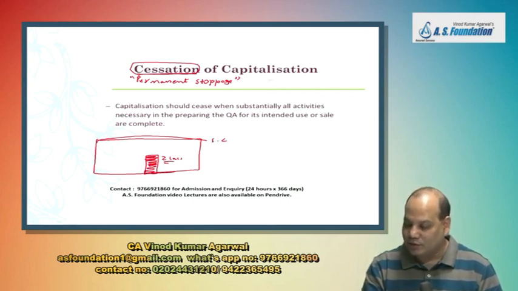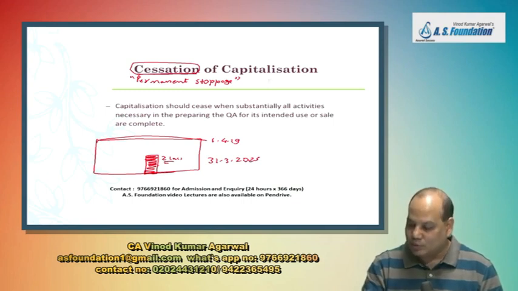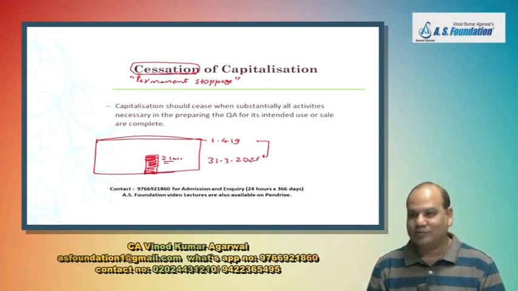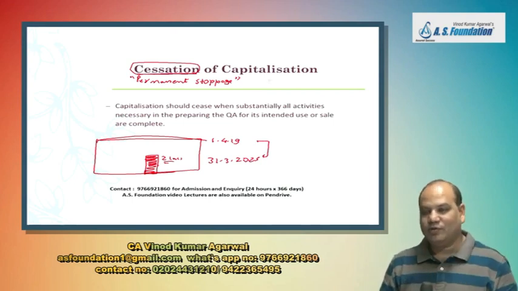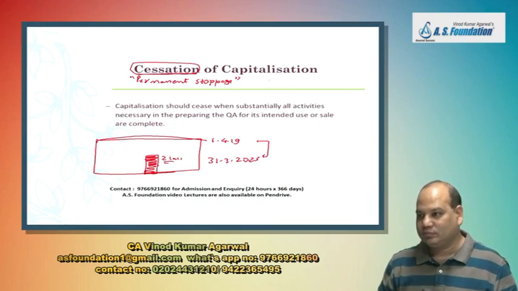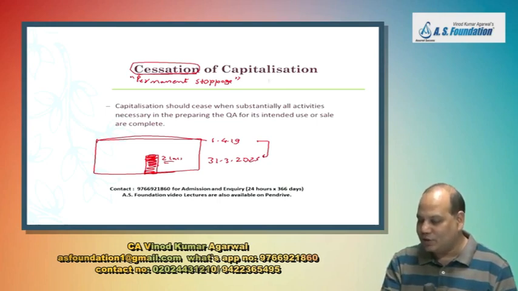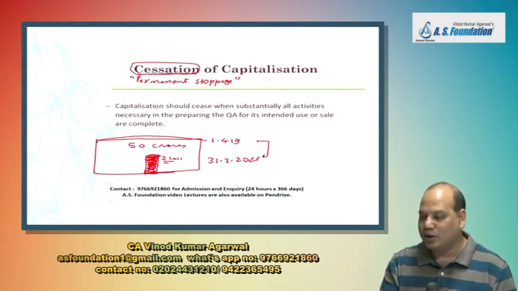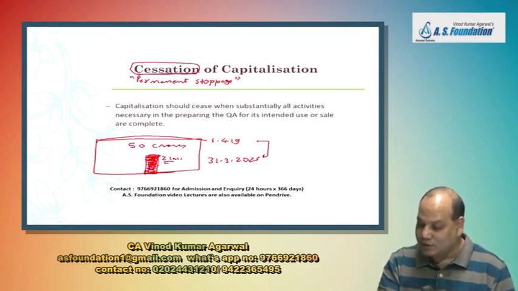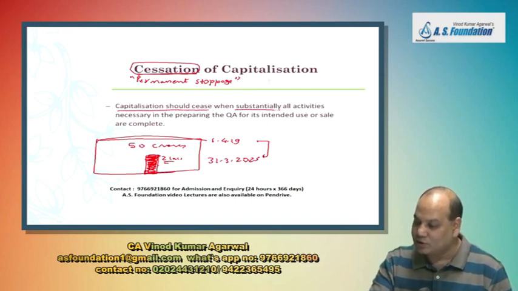Stadium was ready on 1/4/19. Gate was ready on 31st March 2025. What about the borrowing cost incurred during this period? Capitalize or charge to P&L account? P&L account. But gate is not ready. But this gate is not a very significant component because this whole asset is of 50 crore. In front of that, this small gate is about 2 lakh rupees. So therefore, the standard says capitalization should cease when substantially all activity